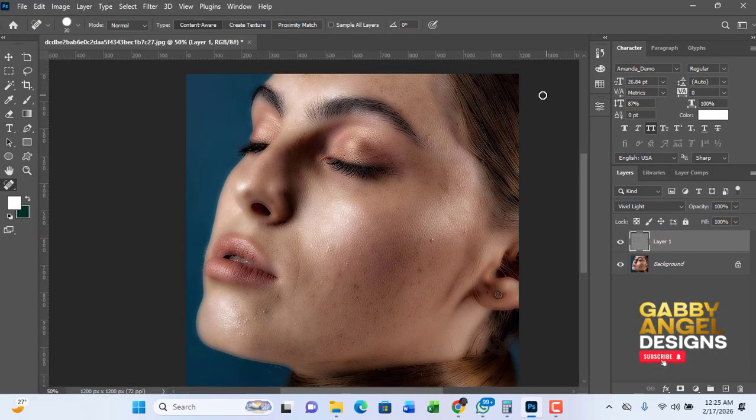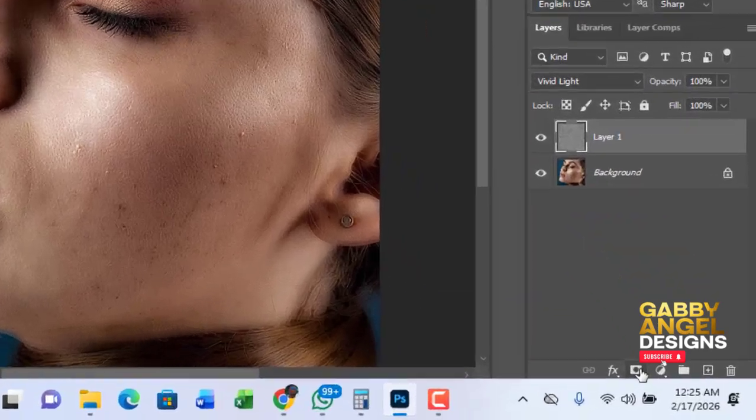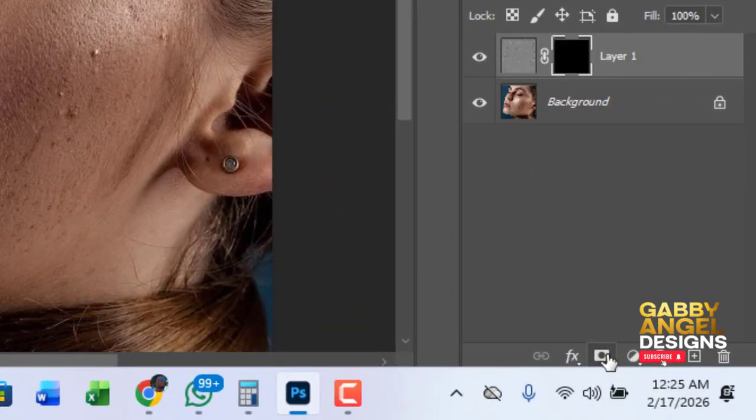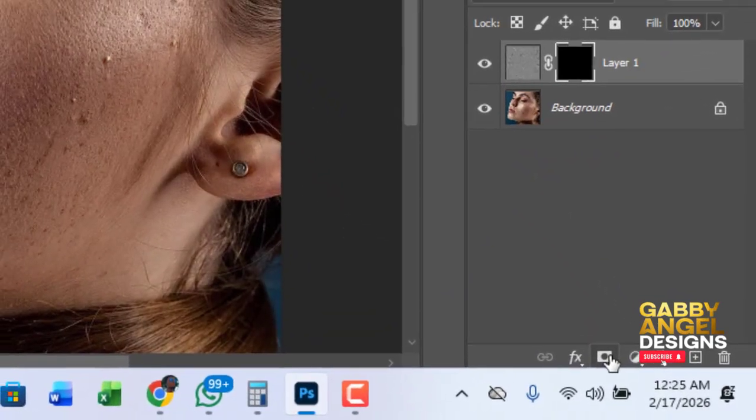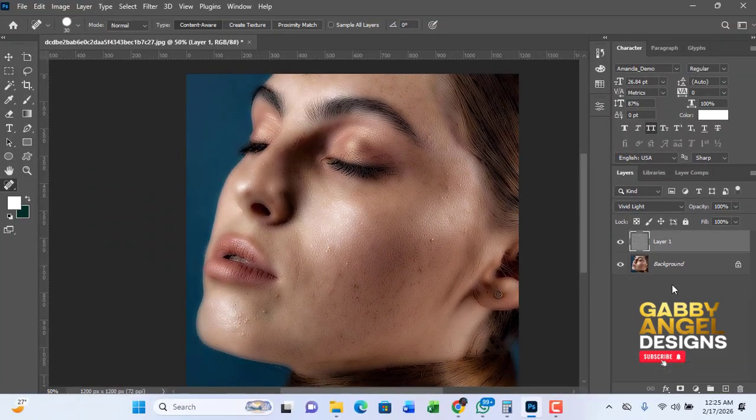So guys, after that, hold Alt on your keyboard and create the layer mask like this, or just leave the Alt and create the layer mask. I want to show you some difference here. In layer mask,